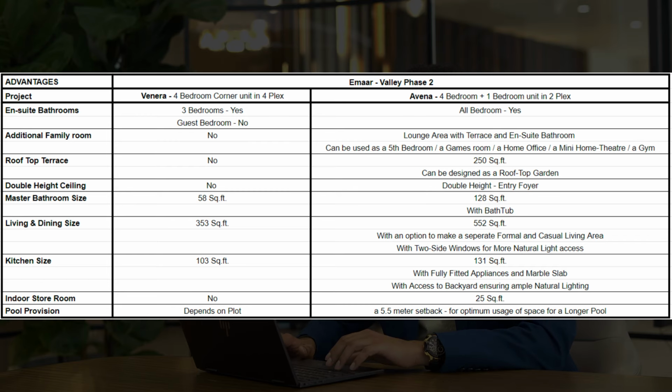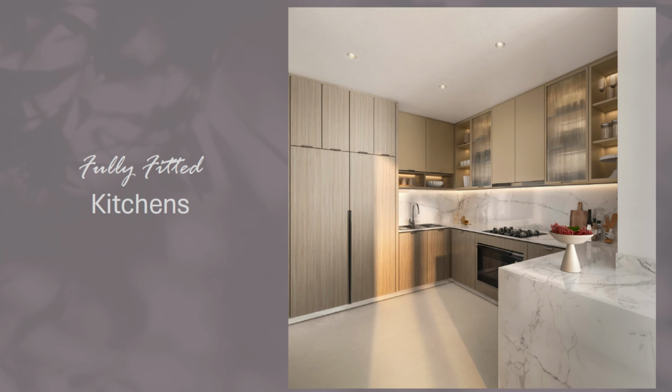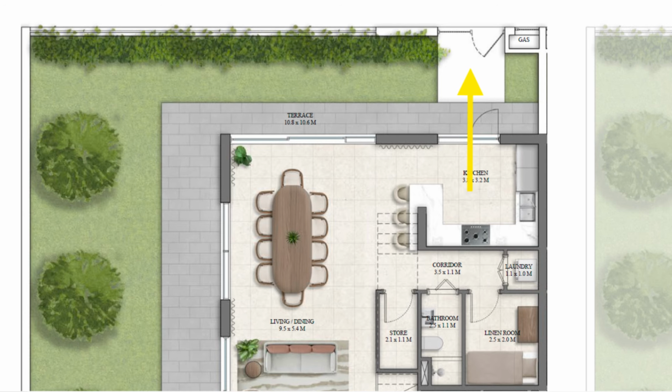which gives ample natural light inside your property. Then talking about the kitchen, it is a little bigger in the 4-bed semi-detached villa, about 30 square foot more. And in this property that Emaar has launched, they are offering fully fitted kitchens end to end, as well as marble slabs to give it a more premium feel. Moreover, you see that the kitchen is placed at the back, attached to the backyard, which gives much more natural light access to the kitchen,